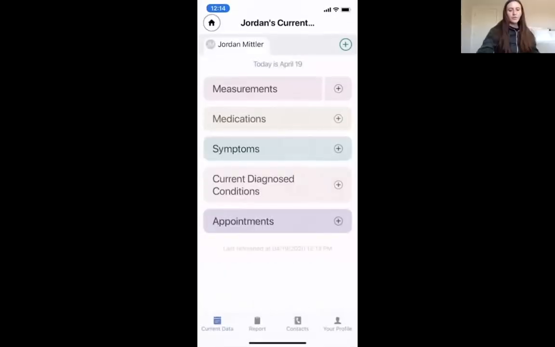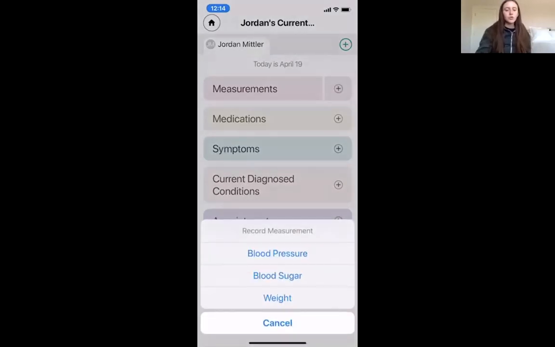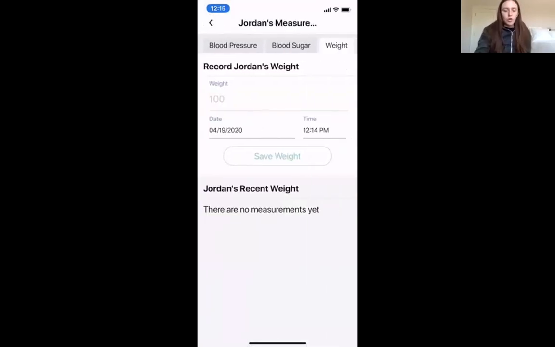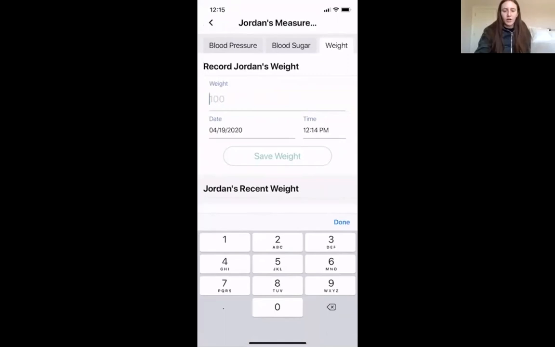Okay, so once you have your data in front of you, the first step that I'm going to show you is measurements. If you click on the little plus next to measurements, it'll show you three things: blood pressure, blood sugar, and weight. These three things you can manage all the same way. So if you click on weight, it gives you the weight, and Jordan has no recent weights. So let's say Jordan types in a random weight, like 100 pounds. He can then put the date and the time will show when he put that weight in, and he can